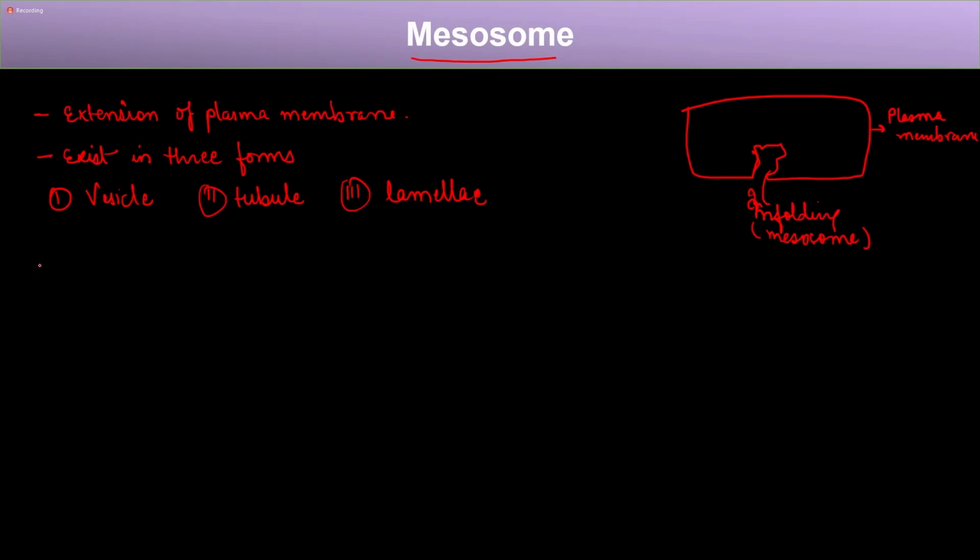So the mesosome has multiple roles, because if you see a prokaryotic cell, prokaryotic cells are simple in organization, right? They do not have many organelles. They do not have any subcompartment that performs specific functions. So most of the functions that a prokaryotic cell performs either happen in the cytoplasm, or the plasma membranes modify themselves into certain shapes which can perform these functions. So a mesosome performs multiple functions,